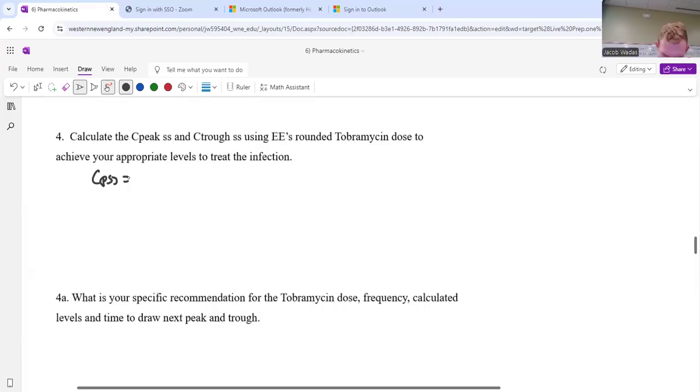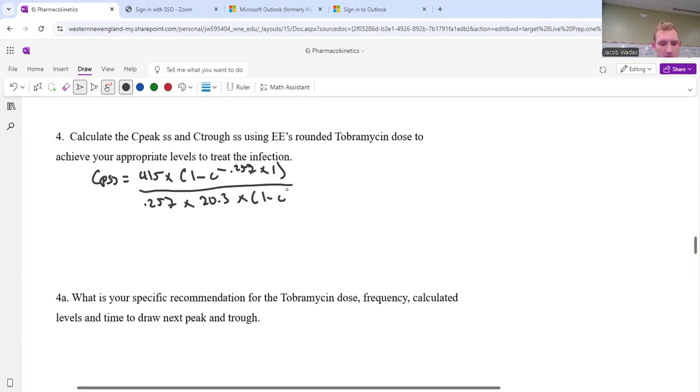C peak steady state equals 415 times (1 minus e to the negative 0.257 times time of infusion of 1), all divided over KE, which is 0.257 times 20.3, times (1 minus e to the negative 0.257 times 24). So C peak steady state equals